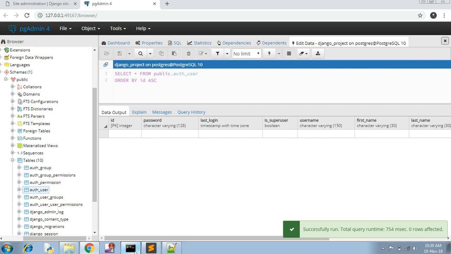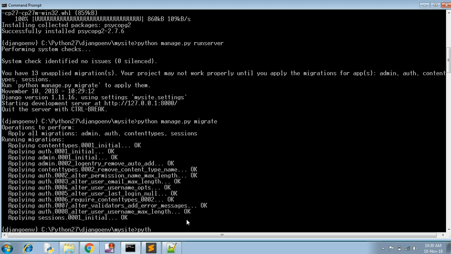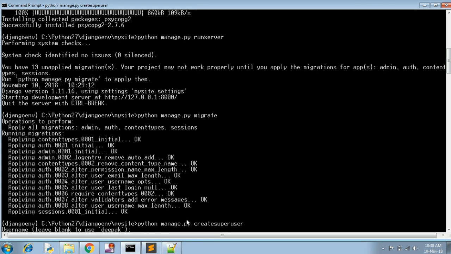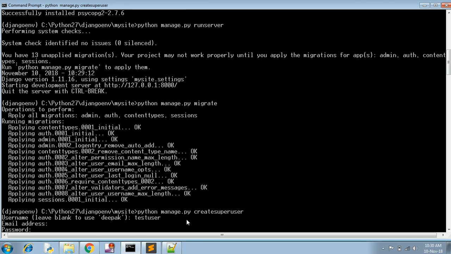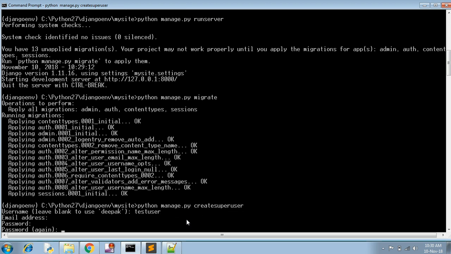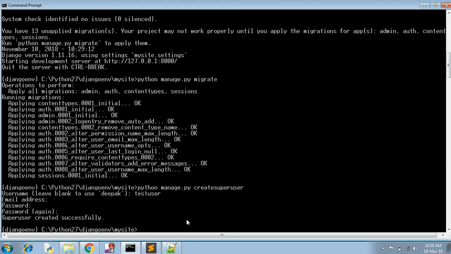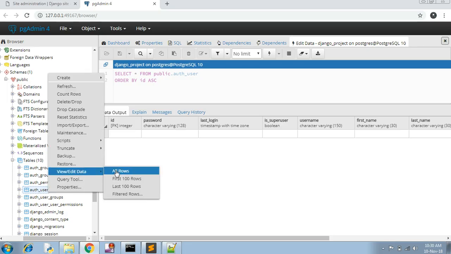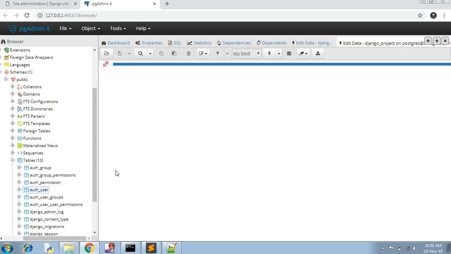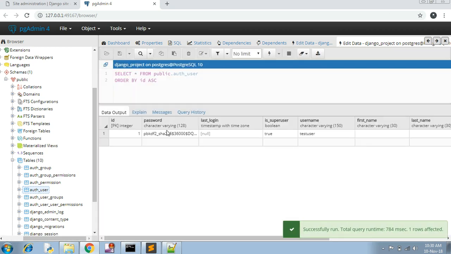So in order to create a superuser, you need to write python manage.py createsuperuser. Now you will provide the username, the email address and the password for the user. Then you will see that on querying this table again, a user has been created inside this PostgreSQL database whose name is test user,